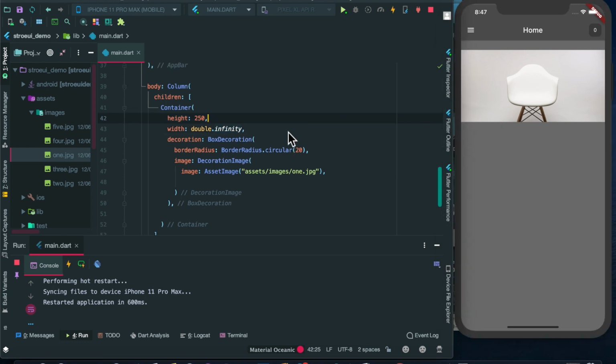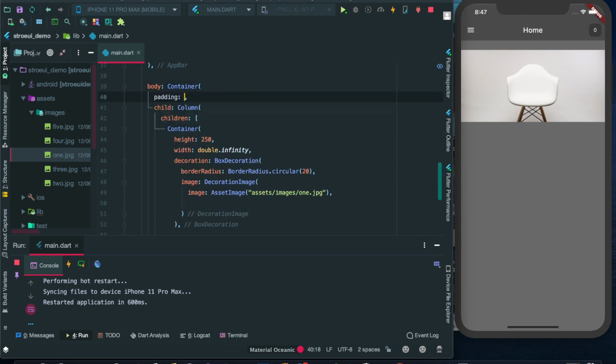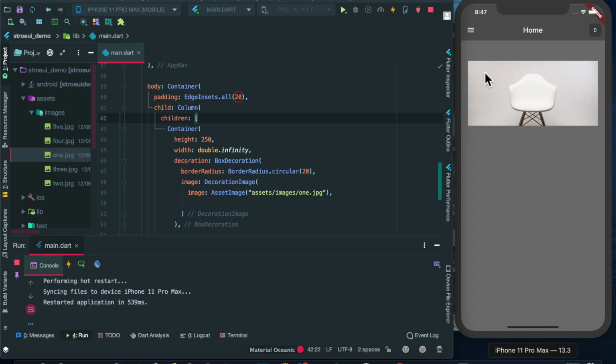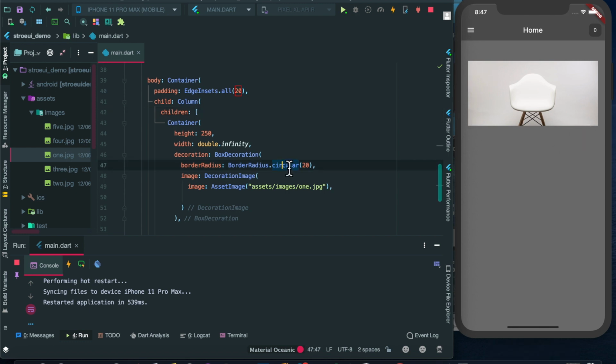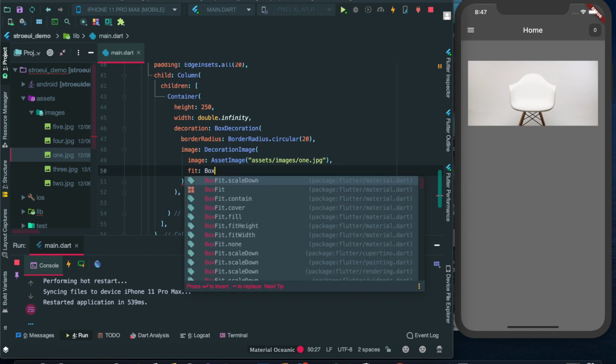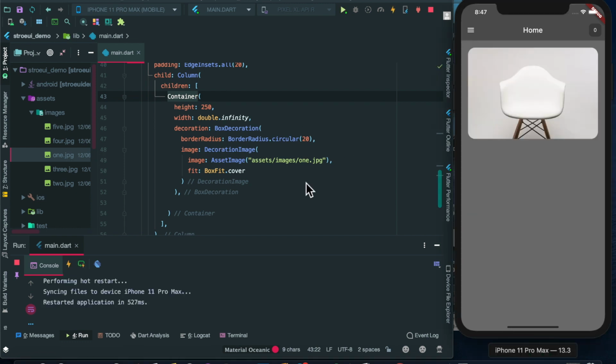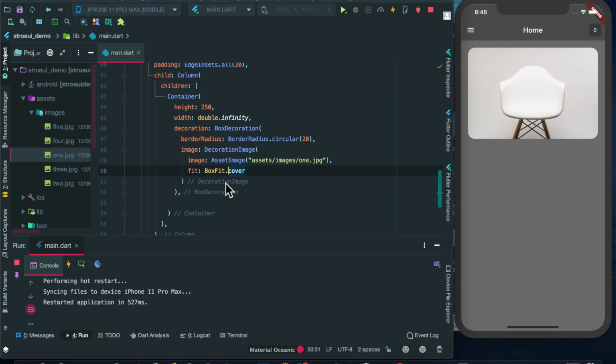Now what we can do is wrap this column with a container so that we can give some padding around it, right? Now we'll add some padding to it. So EdgeInsets.all, we have to give padding from all sides. So let's refresh the page now. It has become smaller, but we are not able to see the circular part around the widget. So let us now fit this image with BoxFit.cover. It will cover the container's width and size. Let's see that. Yeah, it is adjusting to the container's width and size. Okay, BoxFit.cover.